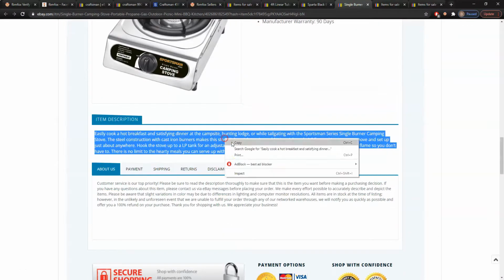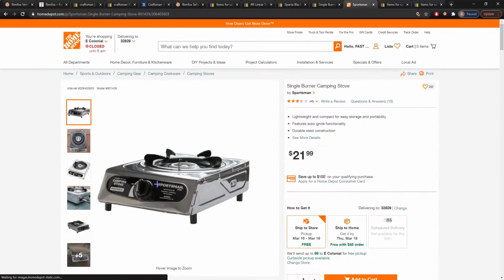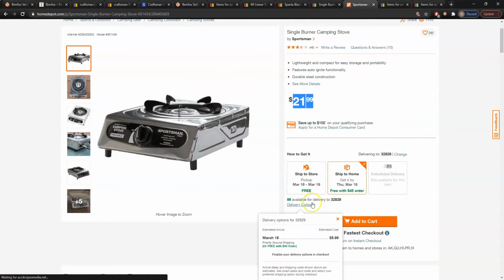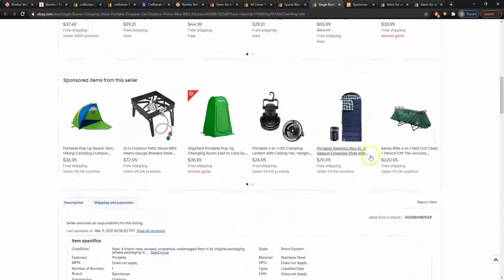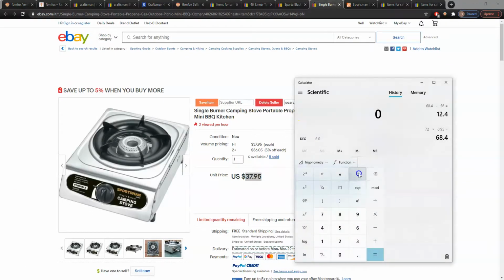So all we need to do is just copy the description and search in Google, and you'll see that this is actually coming from Home Depot. And after some examination, this is $21.99, and the shipping is about $6. So it's about $27, $28. And this person is selling it for $38. So if we did the math on this, 38 times 0.95, because Facebook fees are only 5%. So we're left with $36 minus 28, which was the cost of the item. So $8